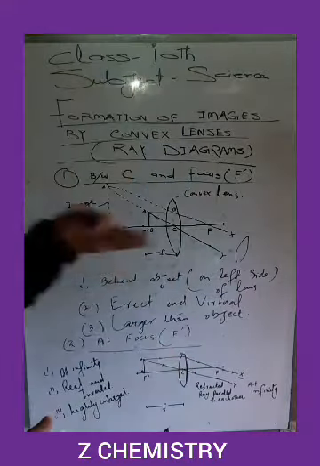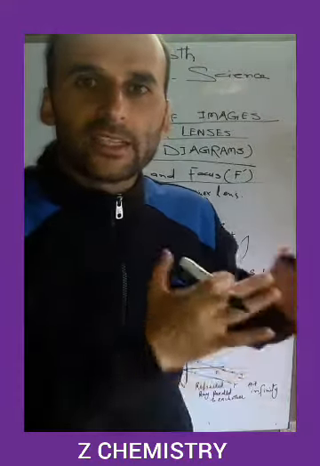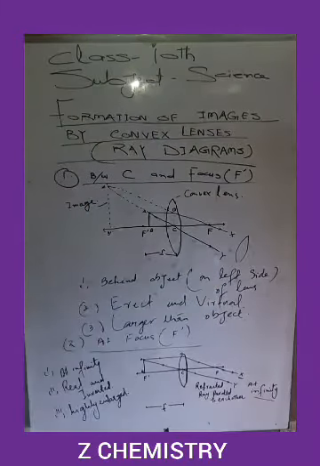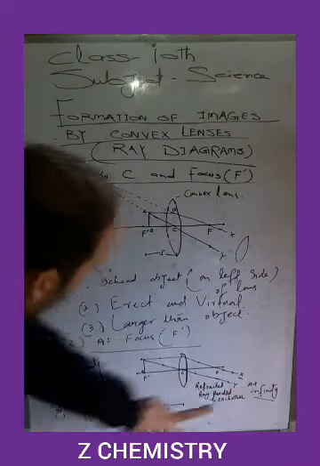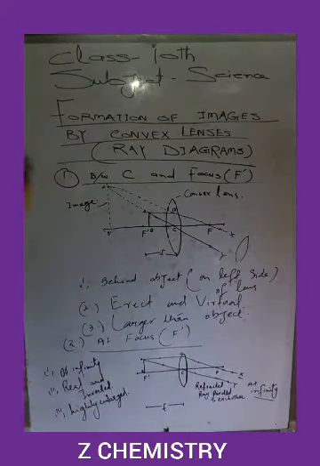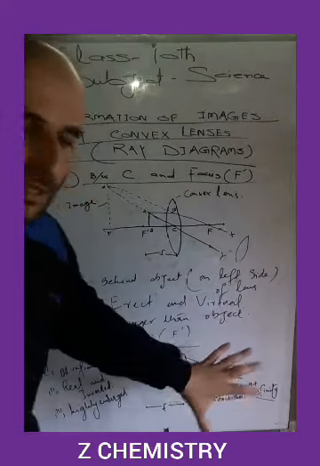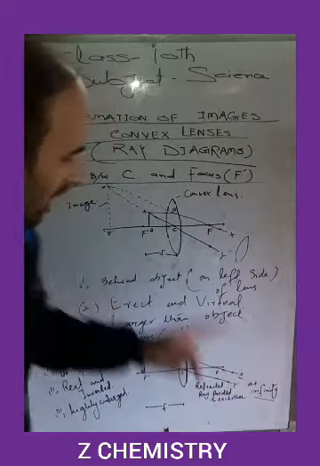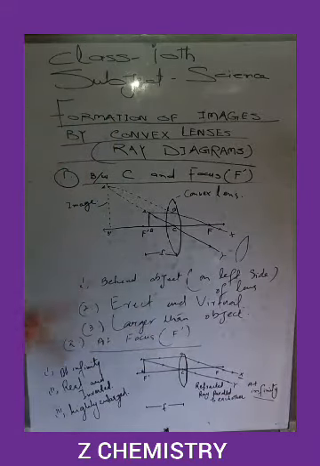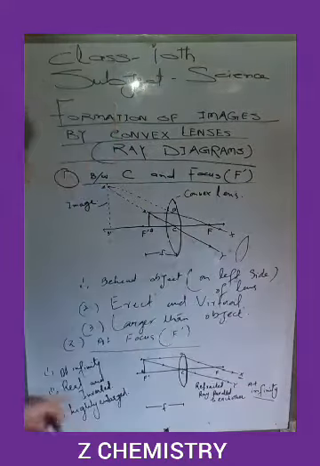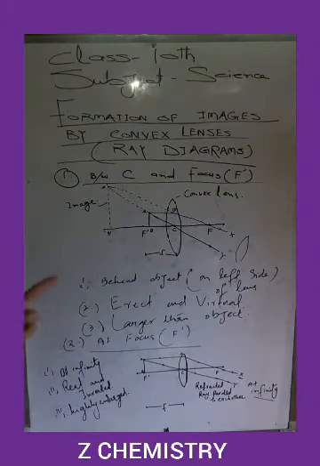on the screen, but it is believed that they will intersect at some point, and that particular point is called infinity. Or we can state that the image will be formed at infinity. The image will be formed at a point which cannot be obtained on the screen. These two refracted rays which are parallel to each other are believed to intersect at infinity.